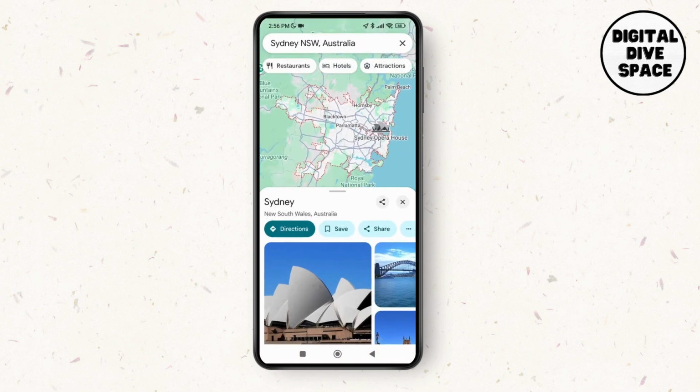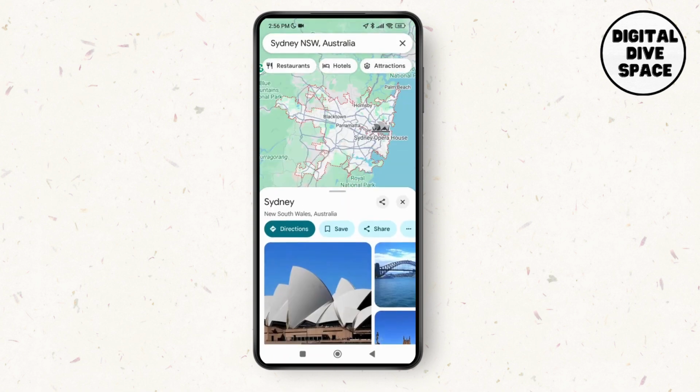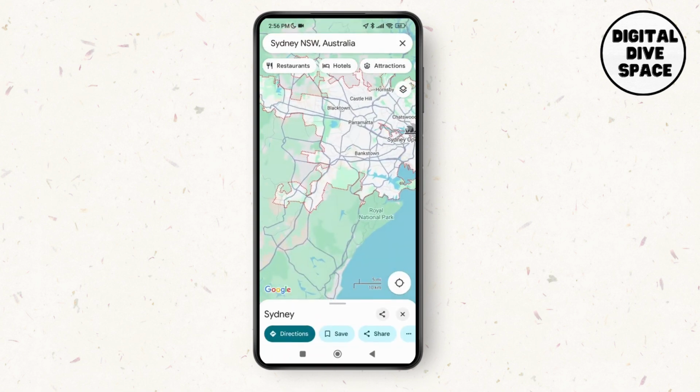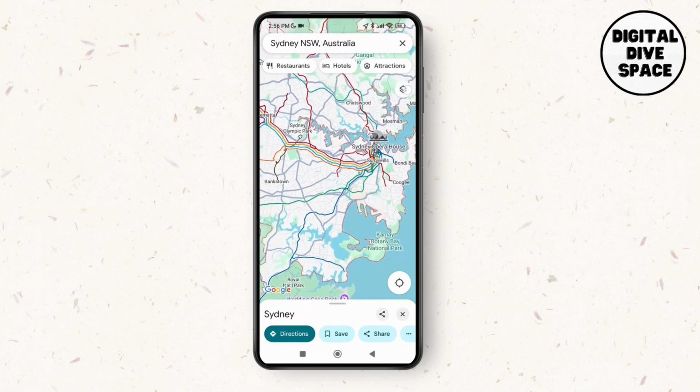So make sure you're logged into your account. Now, in order to use the Google Maps, simply what you need to do is tap on the search bar at the top and search for any location that you want to reach or that you would want to find. Then it will give you different results over here. So you can even see the locations via different transitions over here, or you can select this option over here